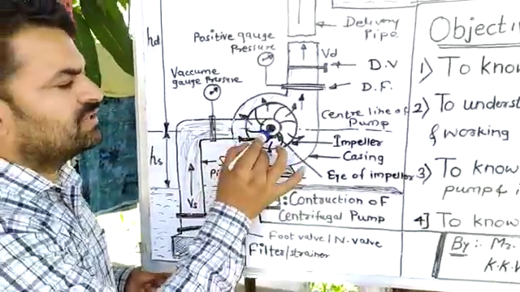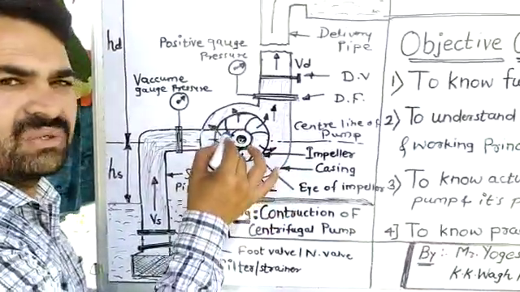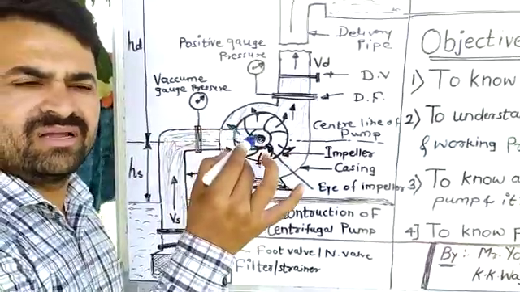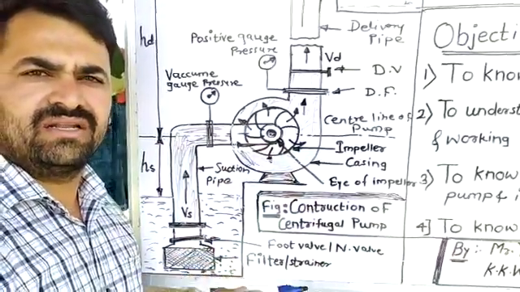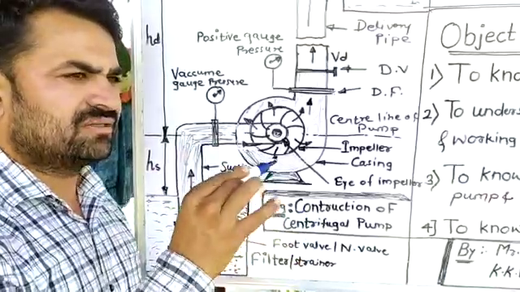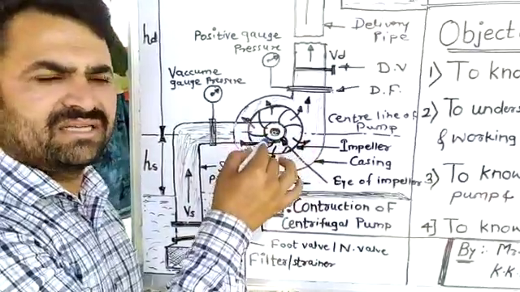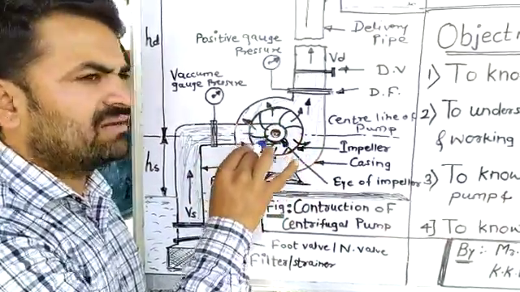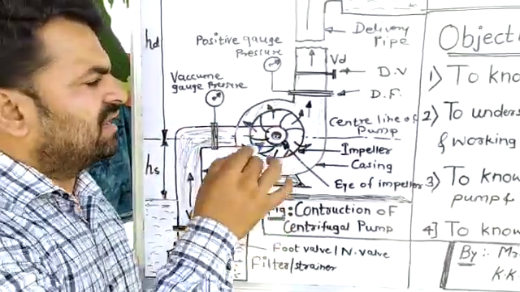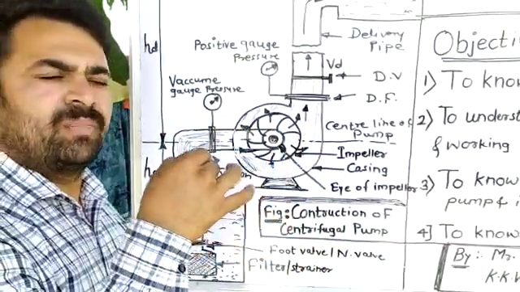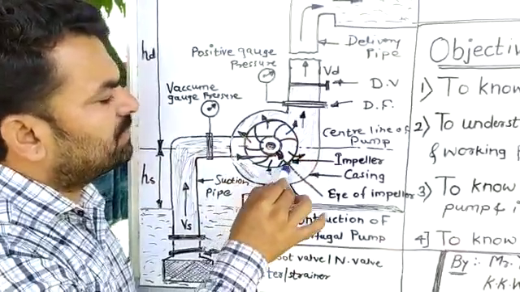Now see here, here is the important function. This impeller, or we can say this is a rotor, is connected to the electrical motor. Electrical energy is given to the electrical motor. The electrical motor converts that electrical energy into torque, and that rotation is given to the impeller, and the impeller starts rotating, so we get mechanical energy. When water comes in contact with the impeller, that mechanical energy is given to the water, and the water is pressurized. Mechanical energy is converted into kinetic energy and pressure energy. So water moves in the outward direction with pressure and kinetic energy.